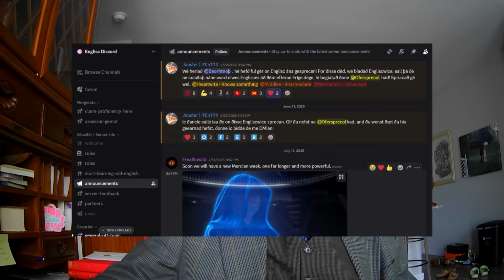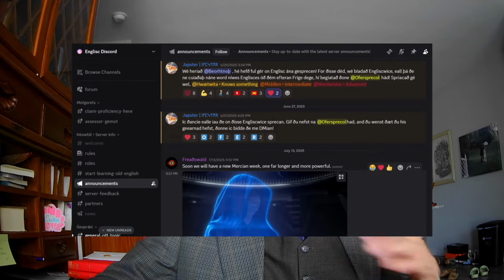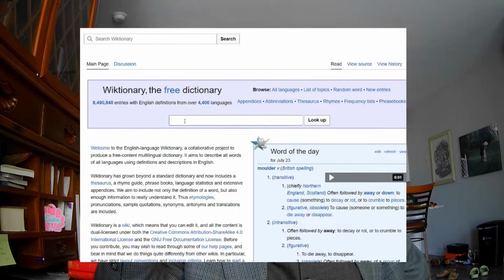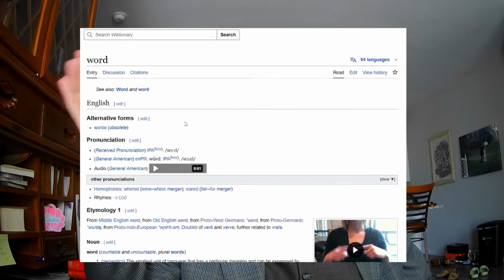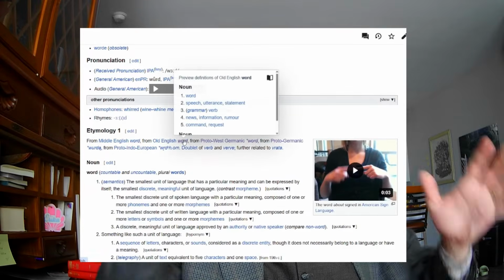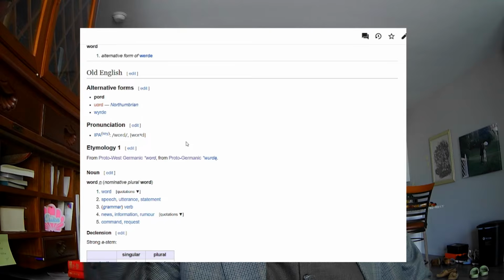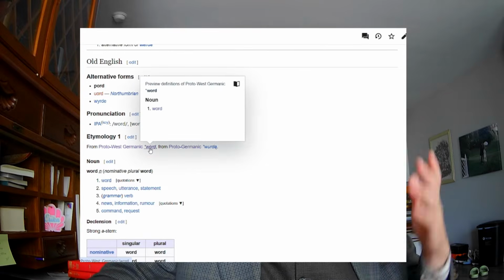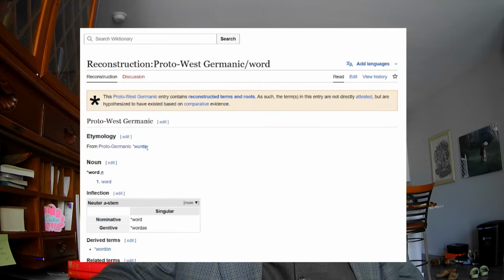But everything you could possibly want to know about the development of Old English, the language Old English specifically, is in that book. I also recommend joining the Old English Discord server, where you'll be able to find a lot of people, including me, with similar interests. Their link will be in the description. Don't forget as well that whenever you want to learn the etymology of an English word, or most Proto-Indo-European descended words in general, you can just look it up on Wiktionary, and it'll usually be listed, hopefully correctly.